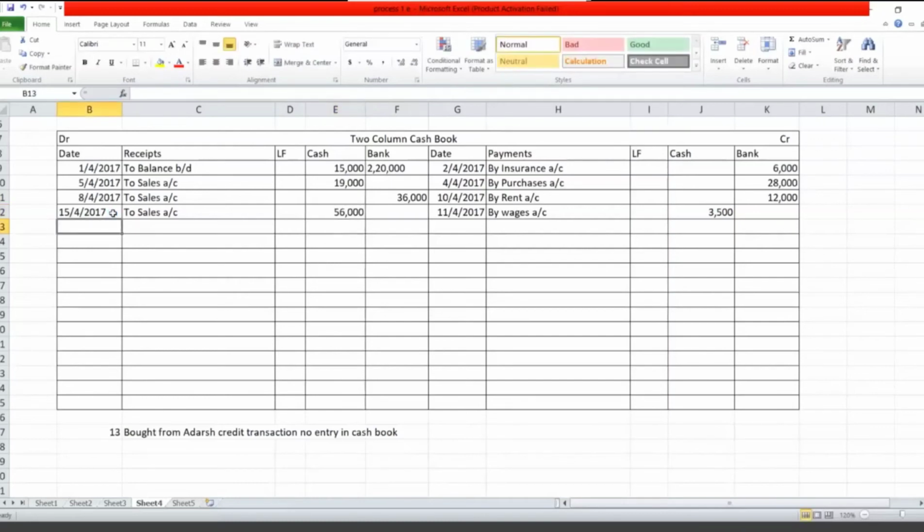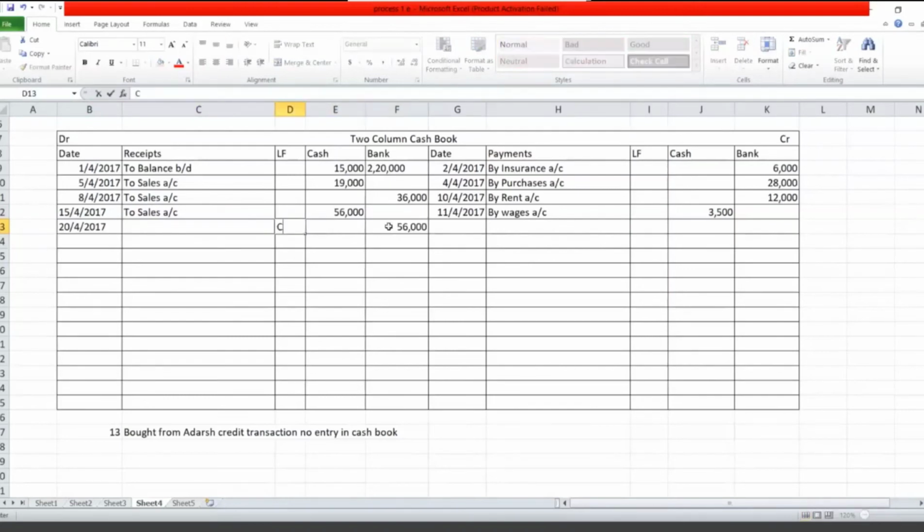So I will enter in the cash column only until they deposit into the bank. Next transaction, on 20th, Mamata's check was deposited into the bank. 20/4/2017, they deposited into the bank. So again we will get a contra entry. How do we write the contra entry? For whom it is receipt, for whom it is payment? Bank is receiving, cash is making the payment. So first write down in the bank column receipt side.